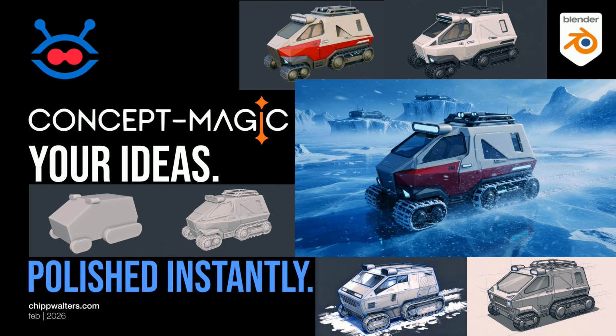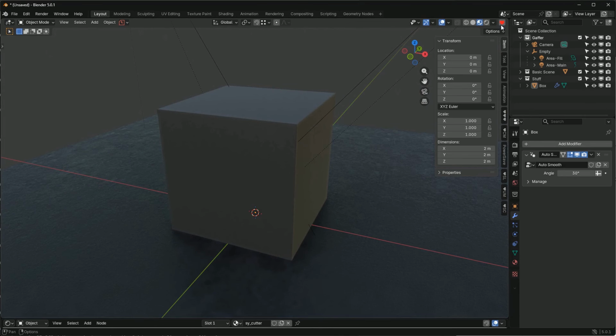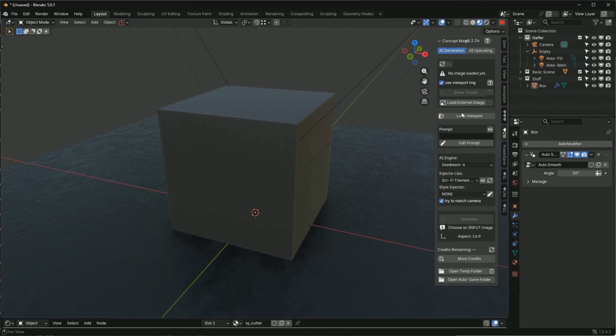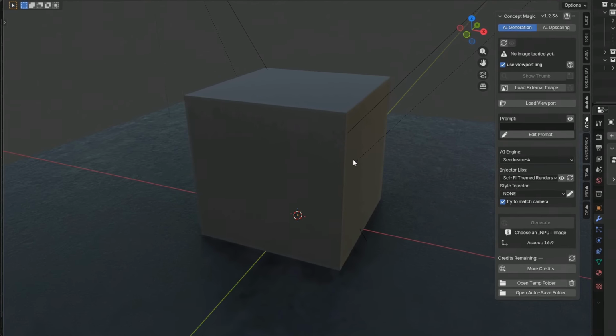All right, so at this point, you've already gone through the setup process and you have Concept Magic installed. You can see it right here in the side panel. Now let's take things a step further. In this section, we're going to go deeper and look at real-world ways to actually speed up your Blender workflow